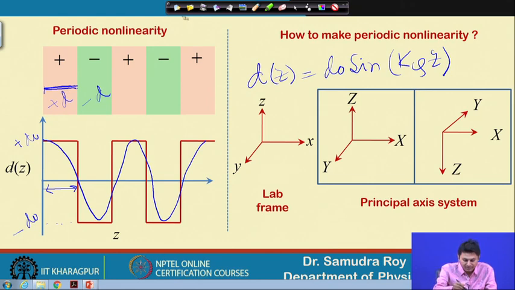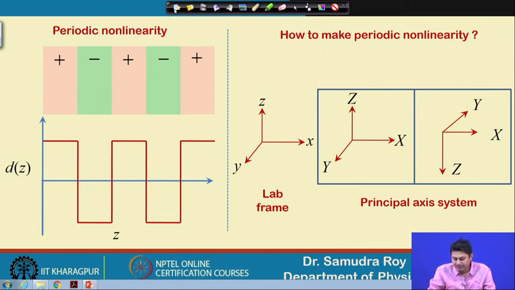So, the process is not that difficult, to be very honest. So, one treatment is, if we just rotate the crystal or put some kind of operation on the crystal, so that the D component becomes minus D, then the thing can be done very easily. For example, here suppose we have a crystal, this crystal has two parts, this is part 1 and this is part 2.